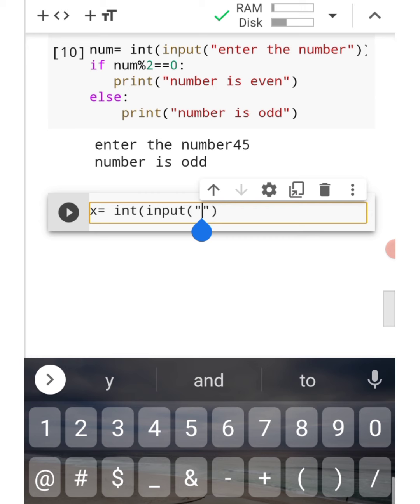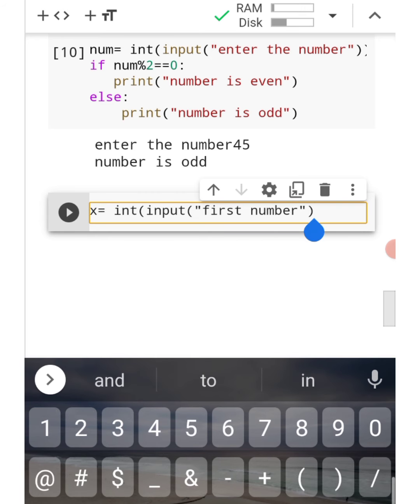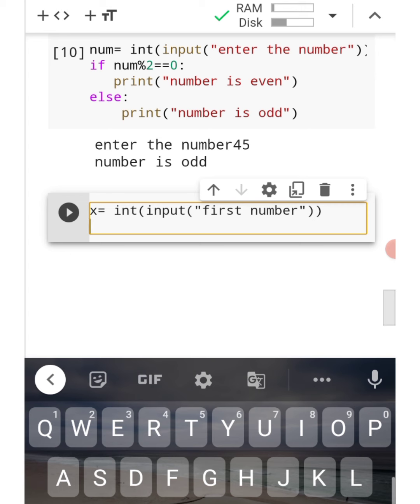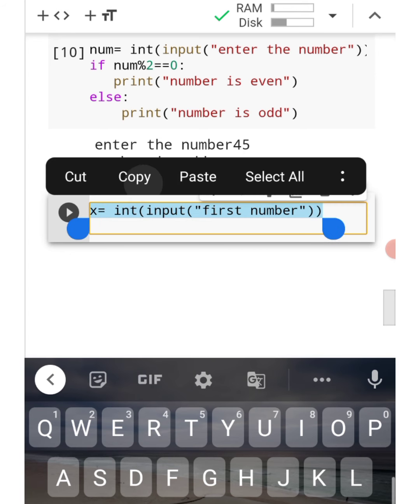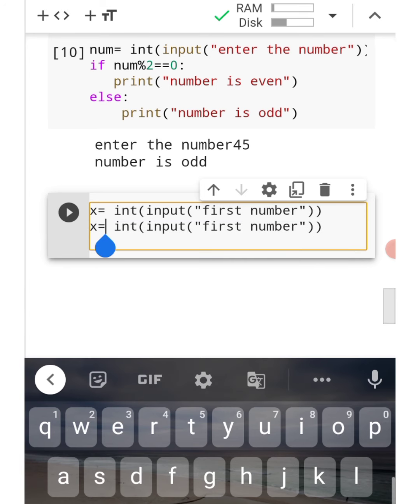So here we are finding the maximum of 3 variables. The values are entered by the user, then we find the maximum value from those numbers. For the first number we put this, then for the second number we use the same line, so we can just copy to save time. We just made some modifications to increase our speed.